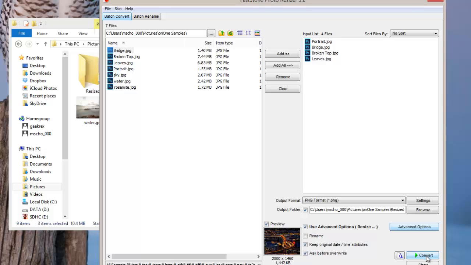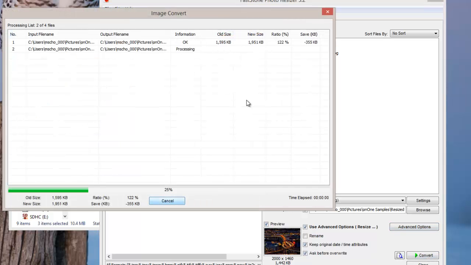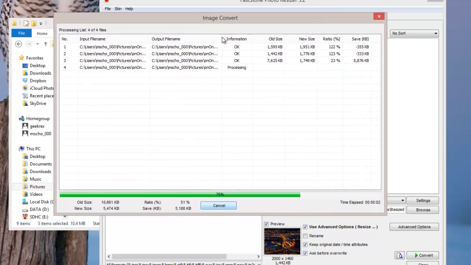So I click on Convert, and I get a window showing me all the processing that's going on, and all of it is complete. Notice that by doing this, I saved quite a bit of space, and I'll be able to just upload those files now to the gallery. And I'll show that in the next